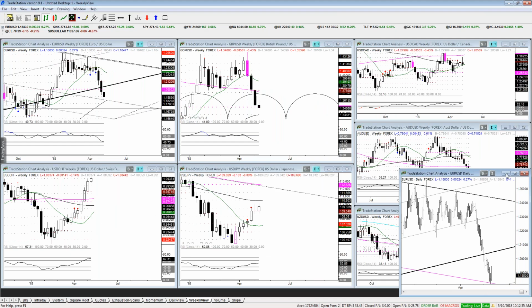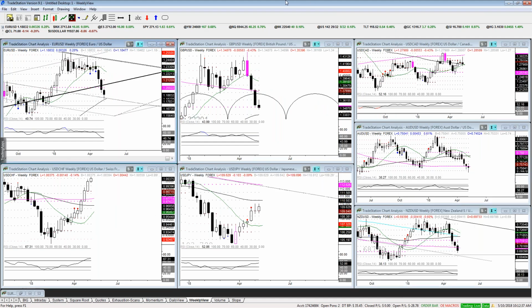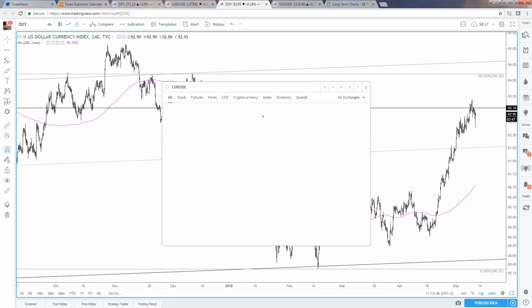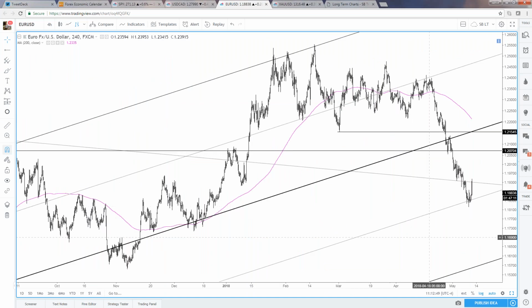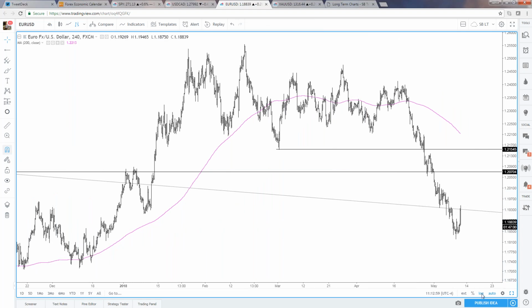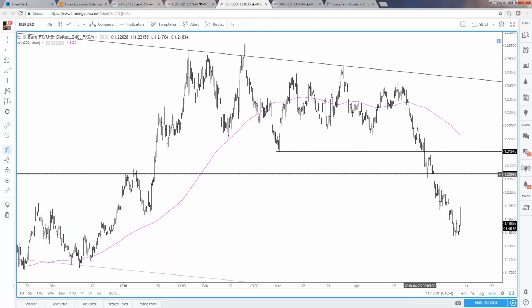Now let's go into euro short term, and here's why I have been looking at. I'll get rid of this real quick. This is why I've been looking at